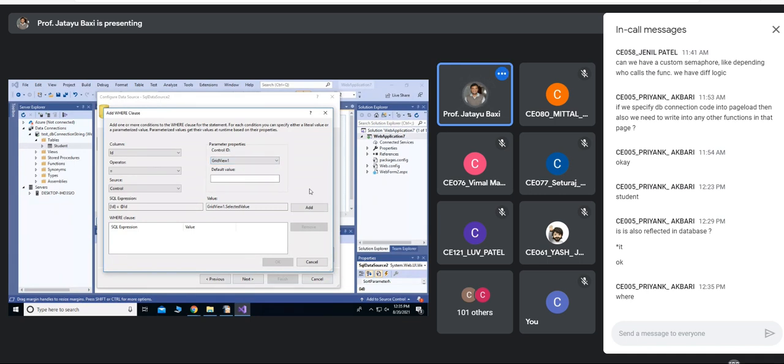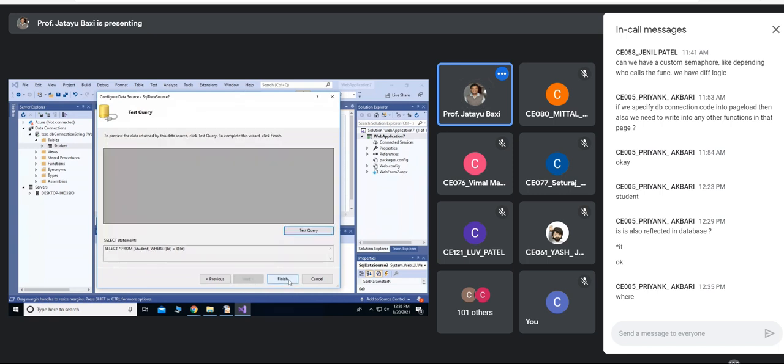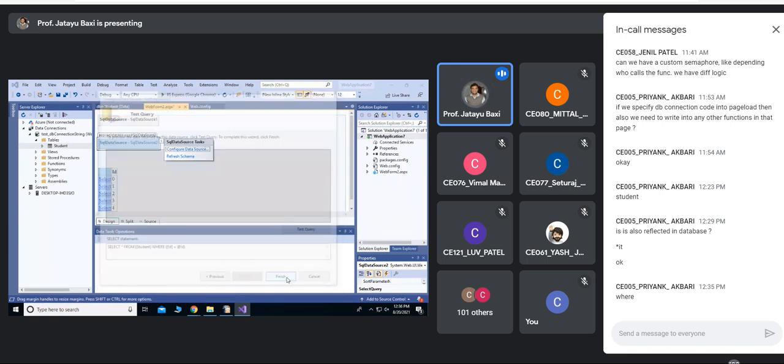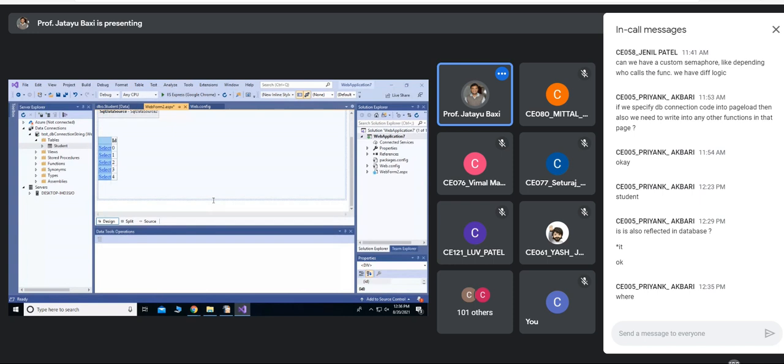Grid view control. That means I want to select the table where my ID is equal to the ID which I select from the grid view. You can explore it in lab. Click add from here and click OK and click finish. Right.